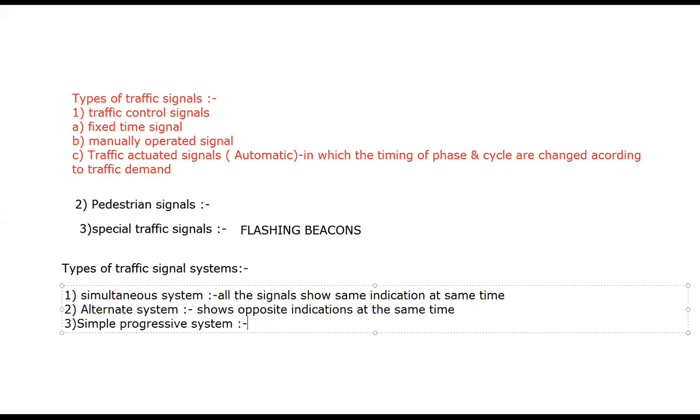So the phases and the intervals at each signal may be different in this case, but each signal unit works as a fixed time signal with an equal signal cycle length. तर या केस मध्ये काय होतंय की प्रत्येक सिग्नल युनिट हा फिक्स्ड टाइम सिग्नल नुसार काम करेल, ज्याच्यामध्ये इक्वल सिग्नल सायकल लेंथ असेल. समजतंय मी काय म्हणतो?